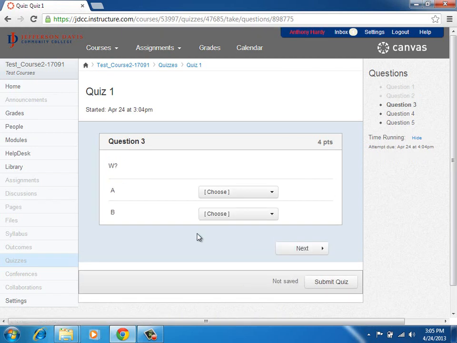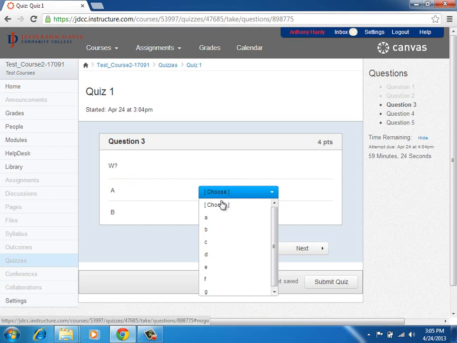I click next. There was a bug, and a lot of instructors will have noticed this. If you did this one question at a time, it was a little slow in changing between questions in Canvas. That was fixed a few weeks ago, so that bug is gone. So now we can see, we have to pick and see there are all those extra options we put in